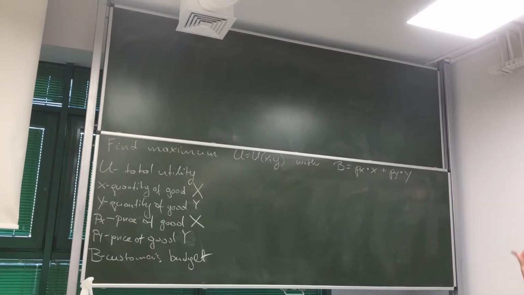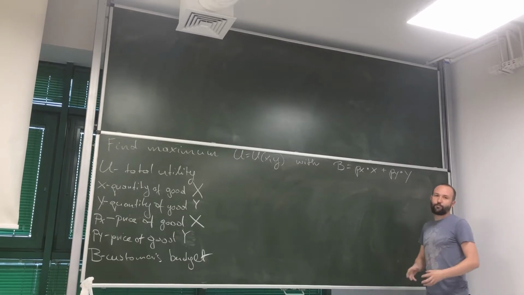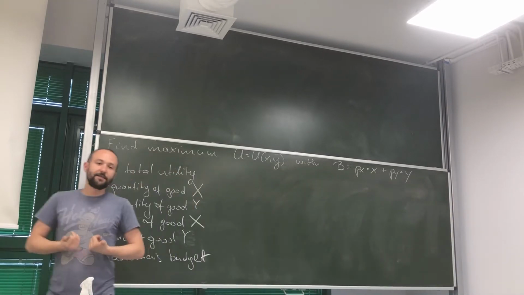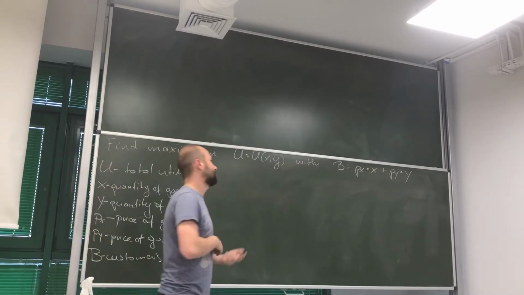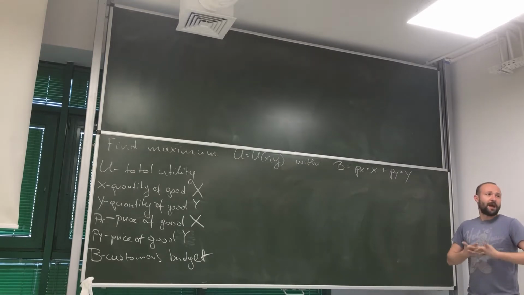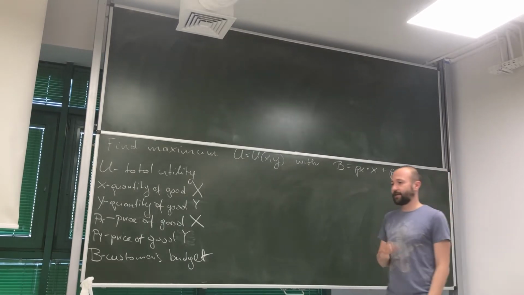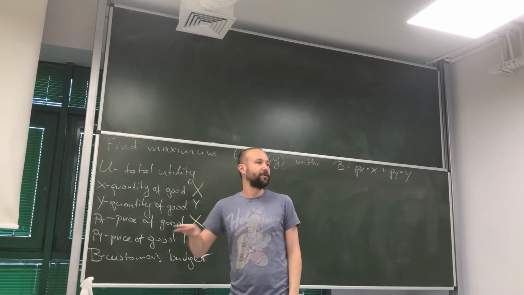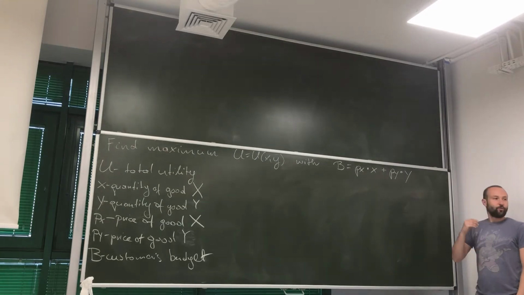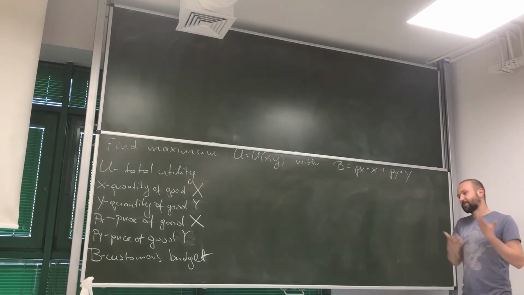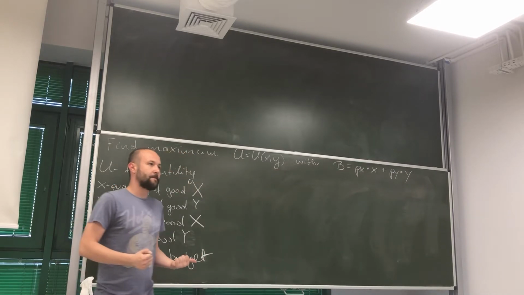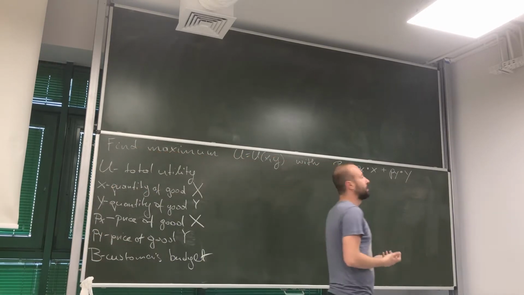Last video, we covered the budget constraint and indifference curves. And we said that these are the tools that economists use to describe a problem, how a customer allocates funds between two purchases of two goods. And look, we stopped at the moment where we said the customer wants to be on the highest possible